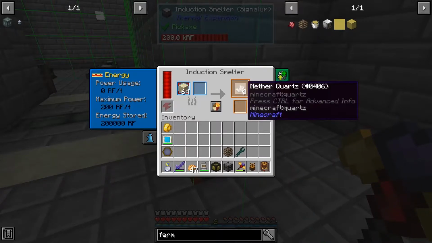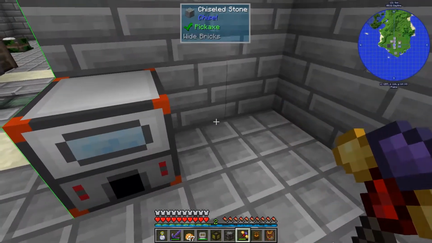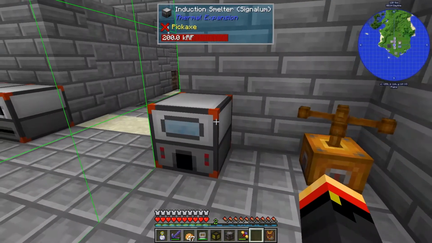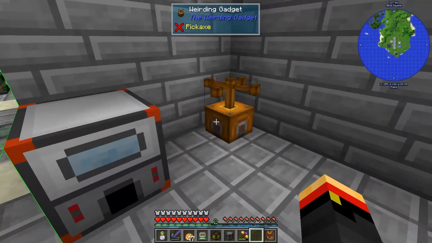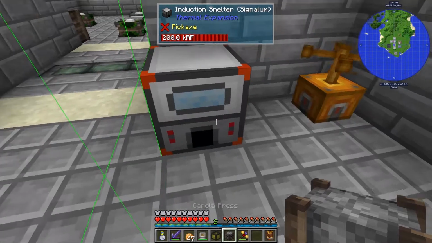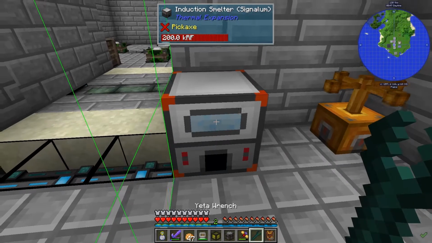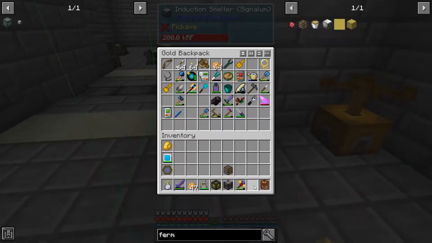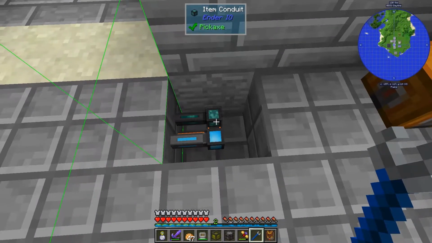Alright, well, you know what? Why don't we move this guy then? And I'll keep you where he is. Or I could just walk around the room, I guess. I could put him on top. No, I can't do that. Alright, so yeah, we're going to move you, which I can't do with the Yeta wrench. Okay, so